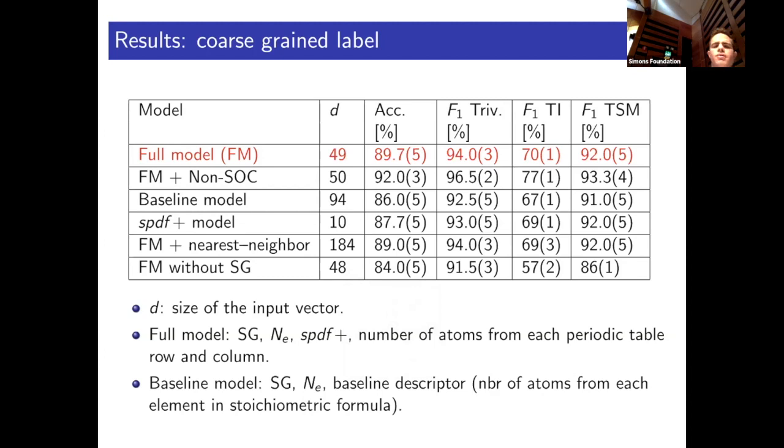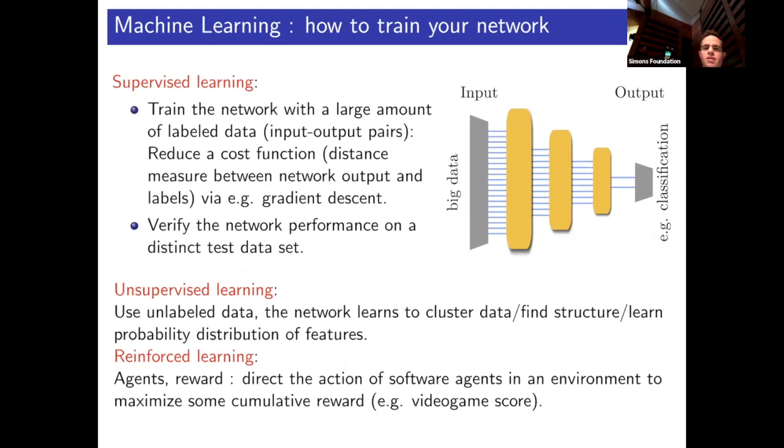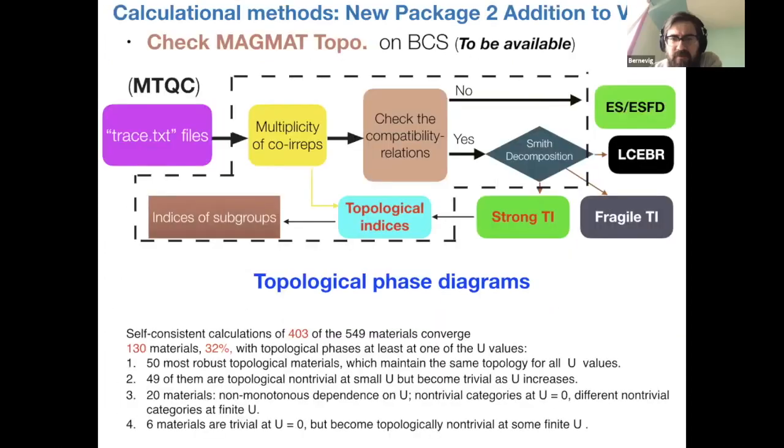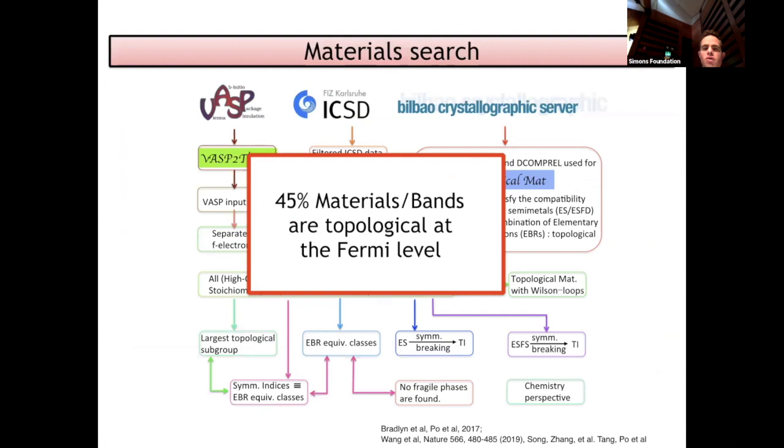I had one question: the 45% number you gave for the number of materials that were topological in the survey, what's roughly the breakdown of fragile versus strong crystalline? So that's a very good question. There's no fragile at the Fermi level. About 10% or 11% are insulators, TIs. The remaining 12% are semi-metals, which can be line, nodal, plane, etc. But there's no fragile at the Fermi level.